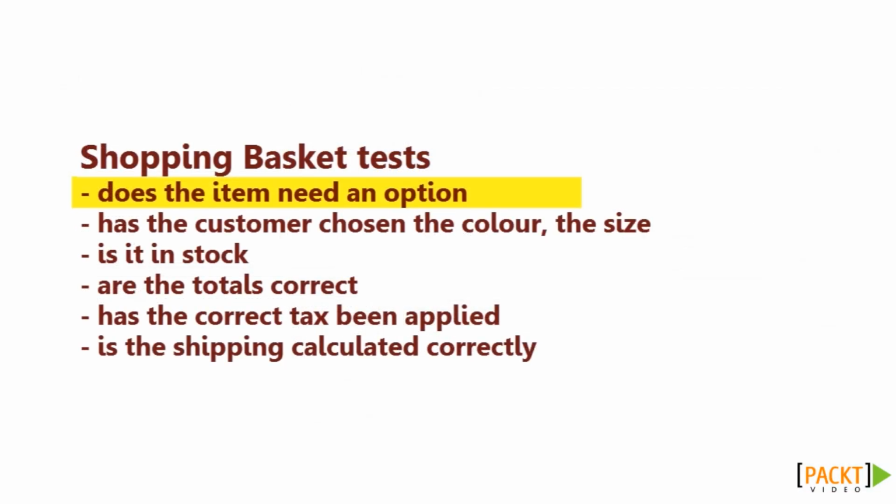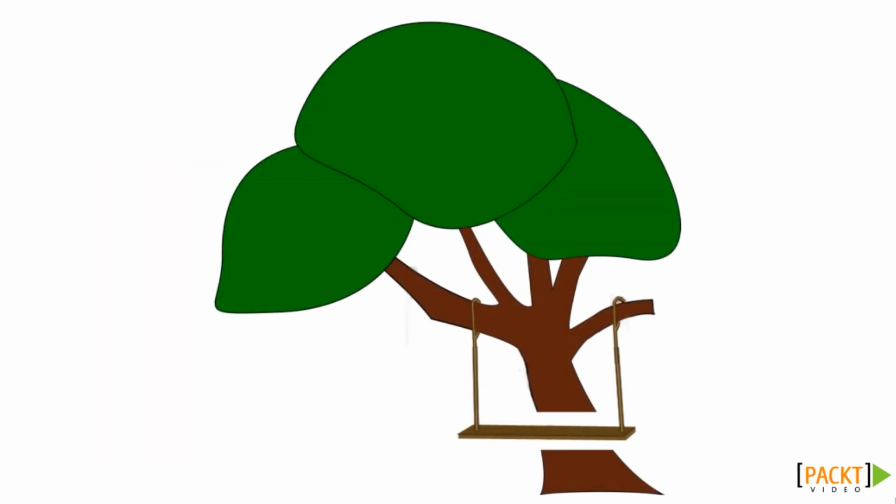Does the item need an option? Has the customer chosen the right color, the size? Is it in stock? Are the totals correct? Has the correct tax been applied? Is shipping calculated correctly? You can then run these scenarios by your client, who can look at it and say,